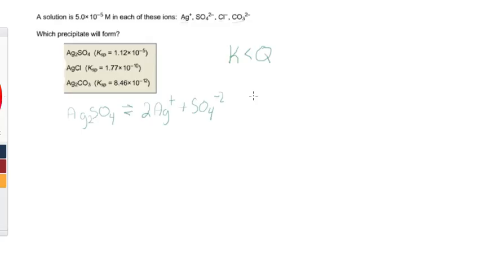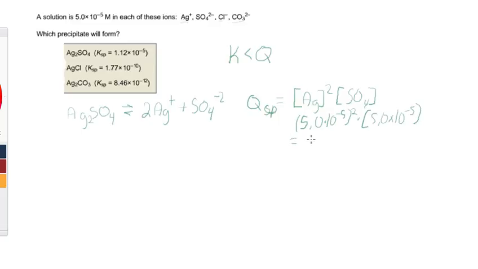and that means the Q concentrations, or Q solubility, is going to be silver squared times sulfate, and that's going to be 5.0 times 10 to the negative fifth squared times 5.0 times 10 to the negative fifth, and that's going to equal